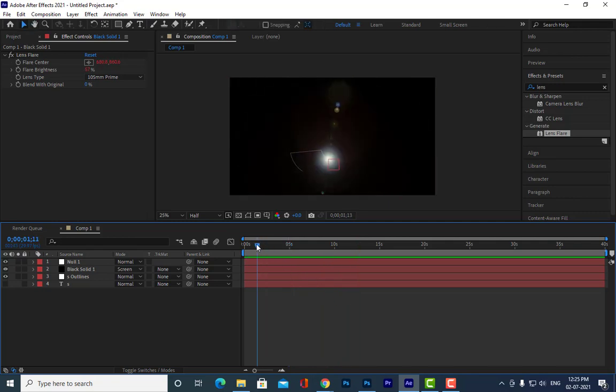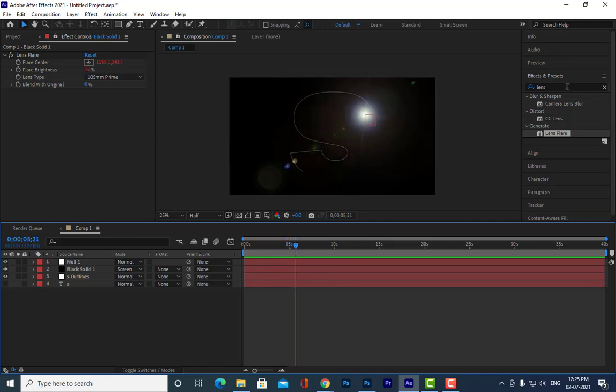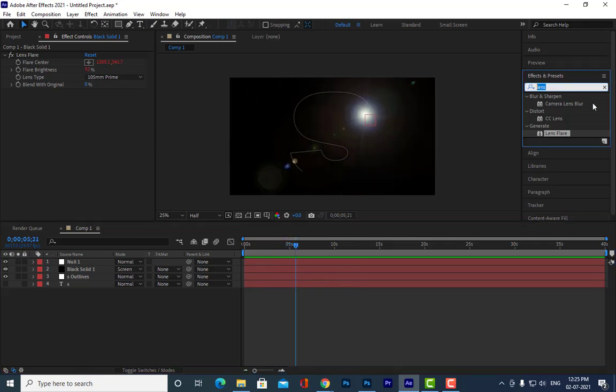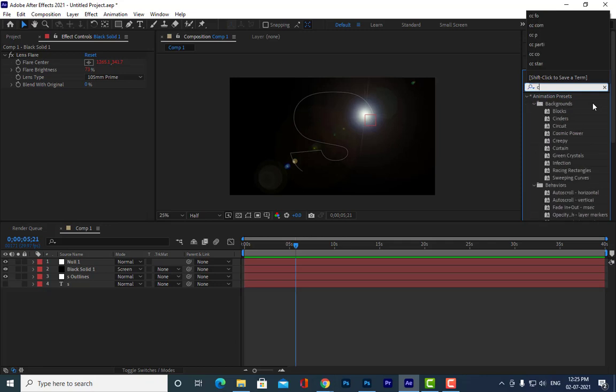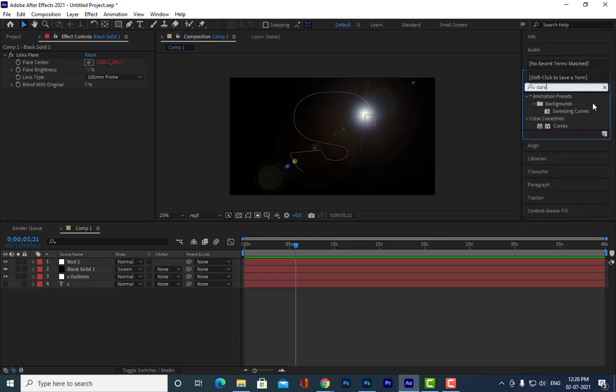I'm going to apply curves here. I think all of you know these curves, right? I think we have covered these in Photoshop. Are you all okay?